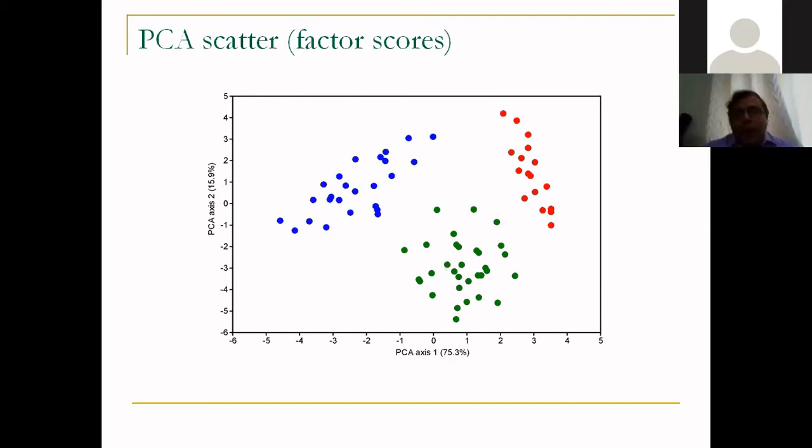Okay, now when you plot a graph like this, it is called a PCA scatter or factor scores. This is not a PCA biplot. Some people mistakenly call this a PCA biplot. This is not a biplot. What you have plotted is the factor scores. So in the new axes that you have created, PC1 and PC2, you have plotted the factor scores for observations.